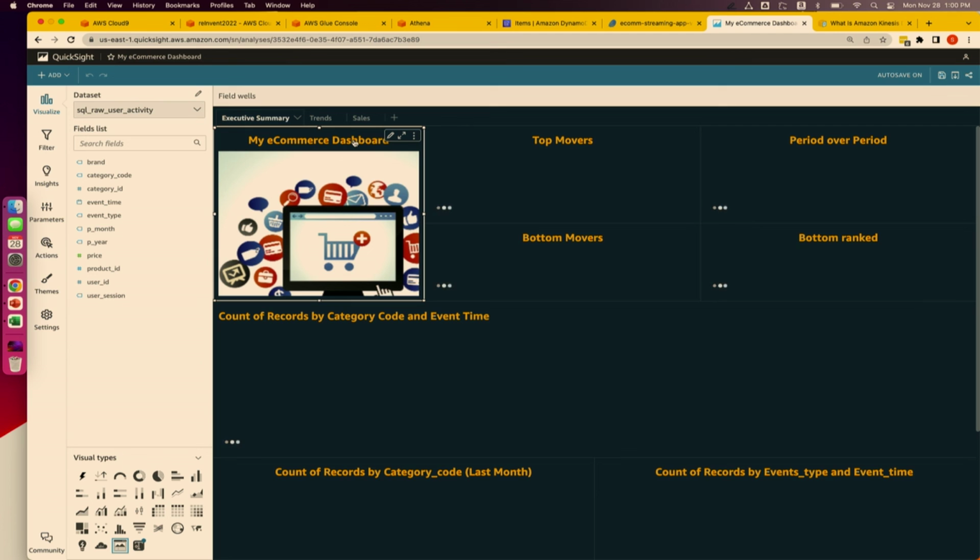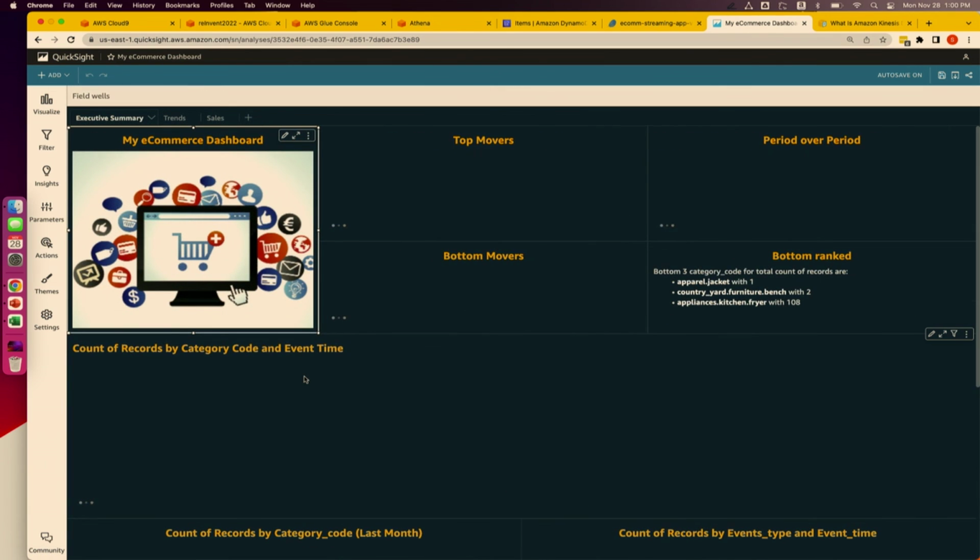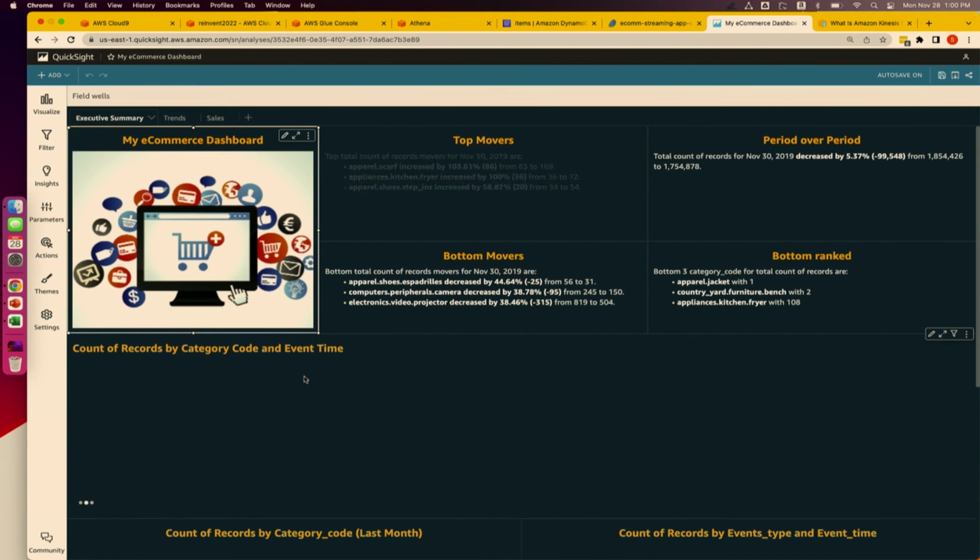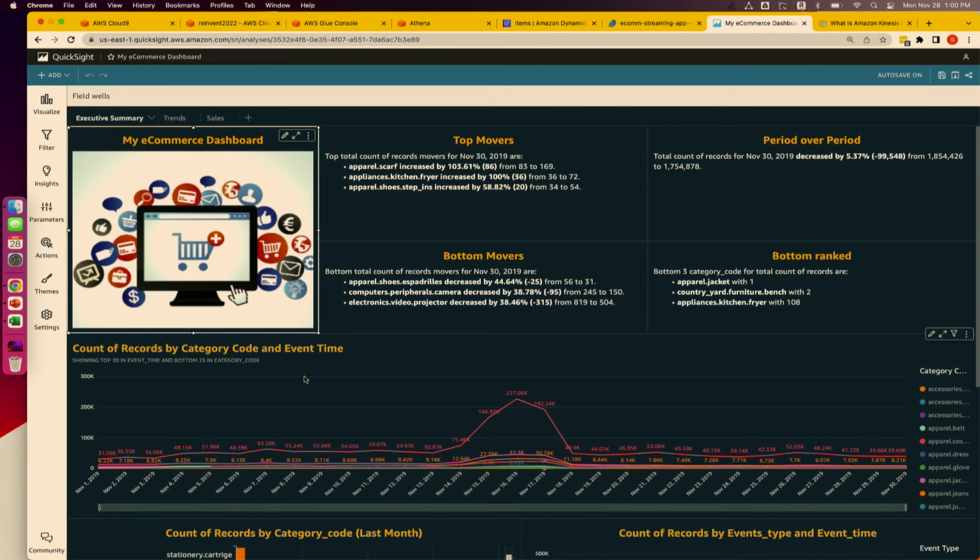So that gives you the ability to visualize the data that you have in your data lake. And if you remember, we started off with S3, right? All the data is dumped on S3 by the Firehose, and then we built an analytical application and dashboarding on top of it. All right, so let me go back to our presentation.